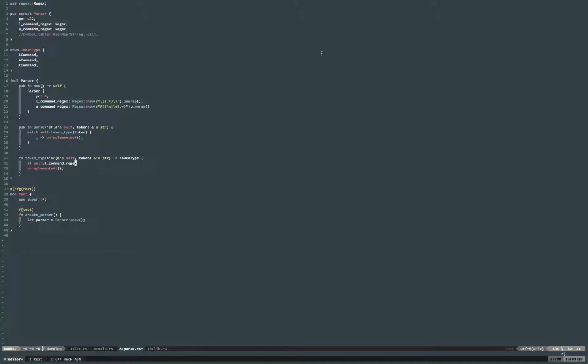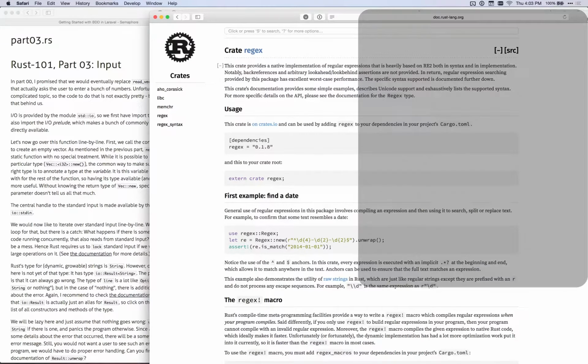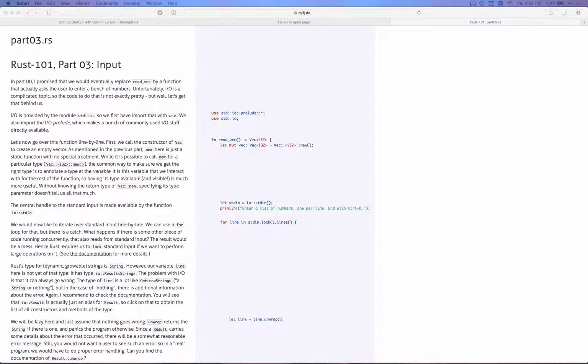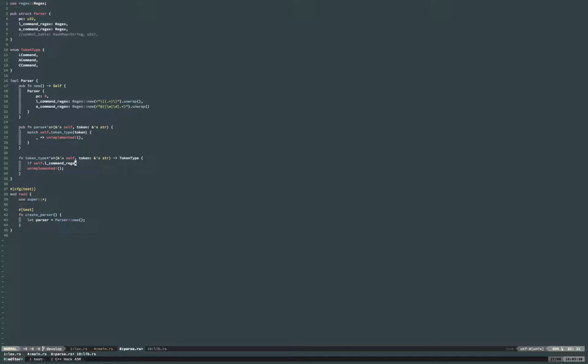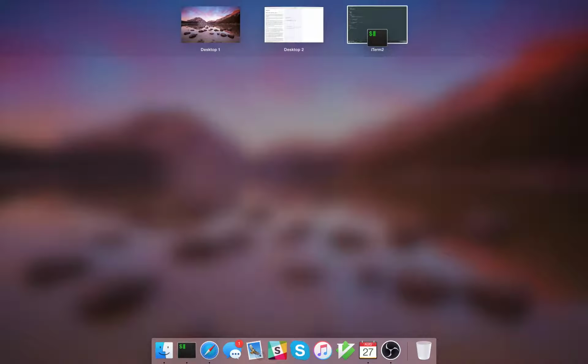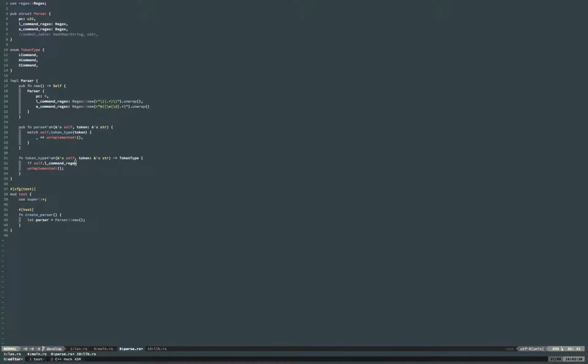I don't remember the regex syntax off the top of my head, or the API. So let's consult the documentation. That's what documentation is for. I'm gonna put this on a different screen for now, and there we go. I need to fix my monitor layout eventually. I just haven't yet. So let's see. Okay, cool. All right, so what we want to do is we want to look at, okay, so we call